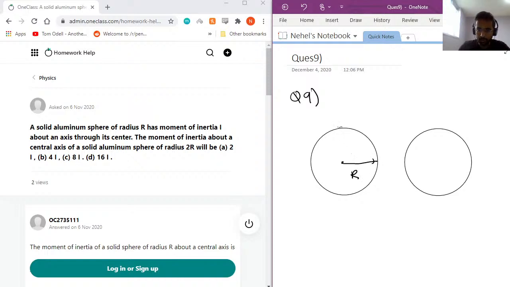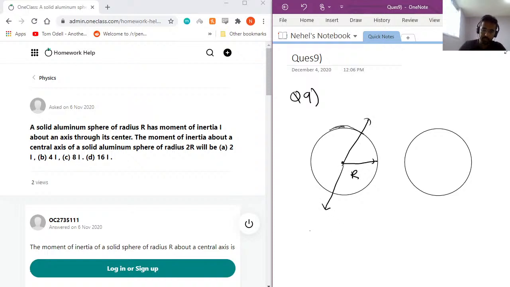So just imagine this as a 3D shape. For this sphere, we're given the moment of inertia. Inertia is the resistance to motion, essentially the resistance of a body to change the state it is currently in. If you're moving, you want to stay moving, and if you're still, your body wants to stay still. Moment of inertia about a central axis, in this case, is the moment for rotation. So if we have a central axis passing through the sphere here,